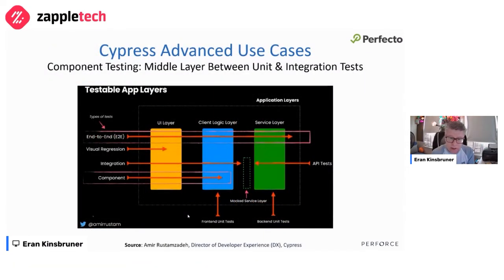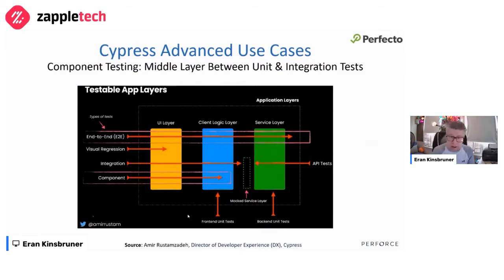Something new, which is still in an experimental stage right now, is component testing. It's an innovative approach in my mind, and this is what Cypress provides to the industry, allowing you to really close a bit of the gap between unit and integration tests. Everyone knows the test pyramid. What Cypress component testing allows you to do is close the gap between two layers of your application by testing components of your application, parts of your application, if you like, in an end-to-end manner or